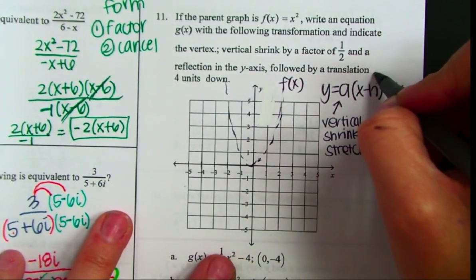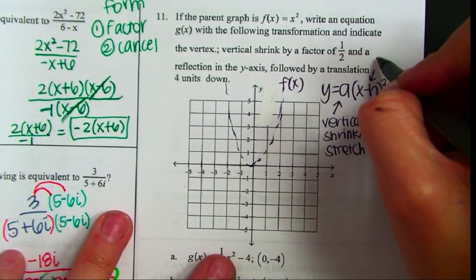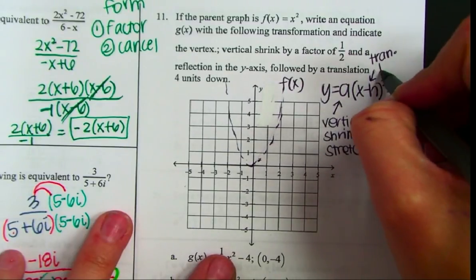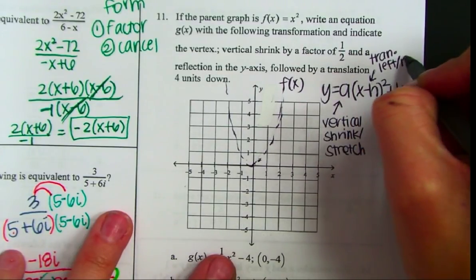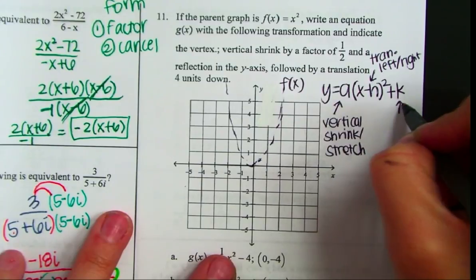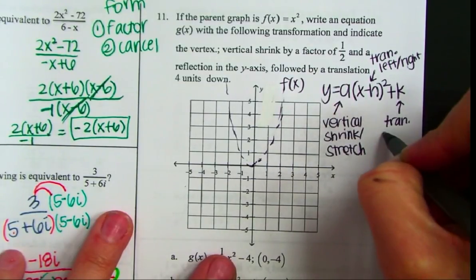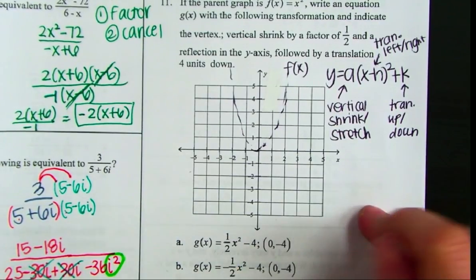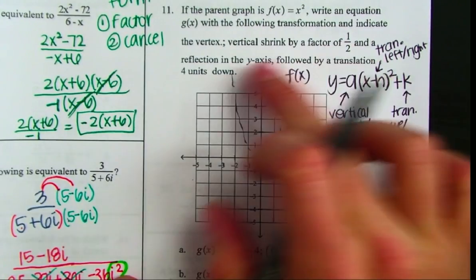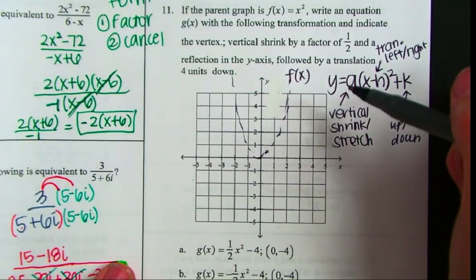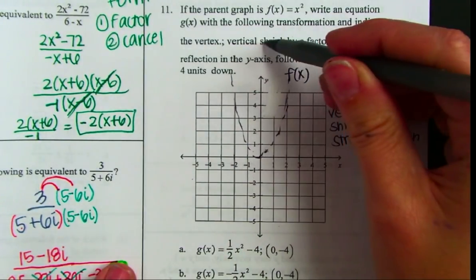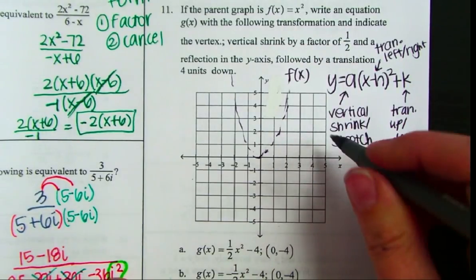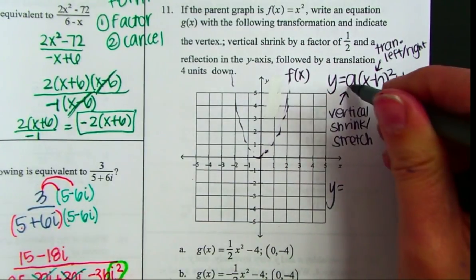The h is always your translation, so your translation left and right. And k is always your translation up and down. So we're going to fill this in with this information. So based on this, they're telling us it's going to be a vertical shrink by a factor of 1/2. So in our equation, the a value is going to be 1/2